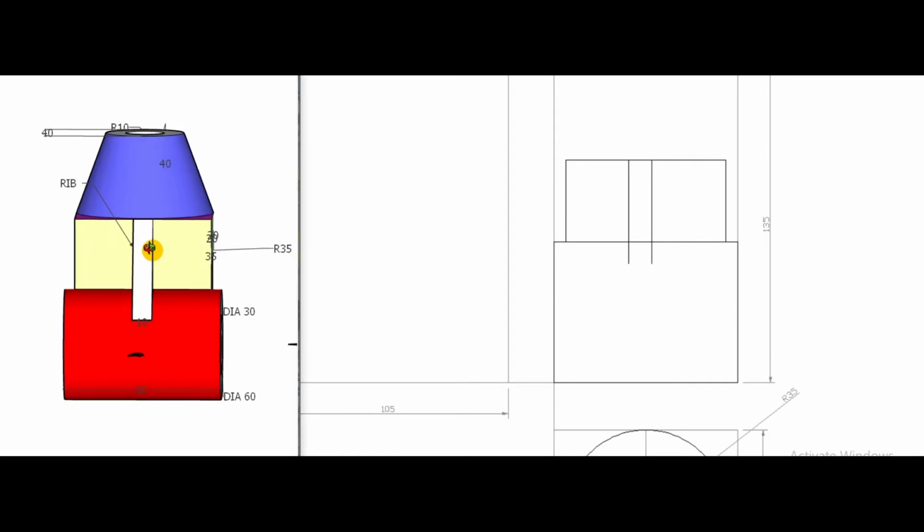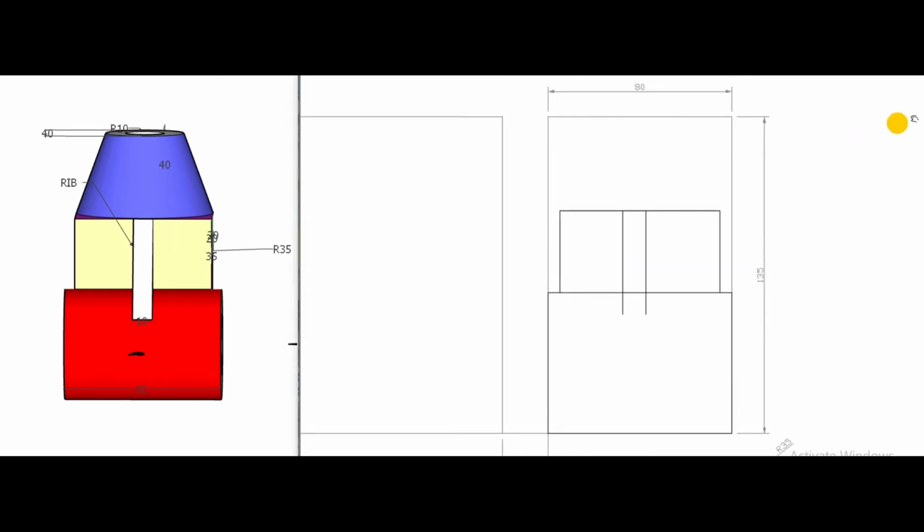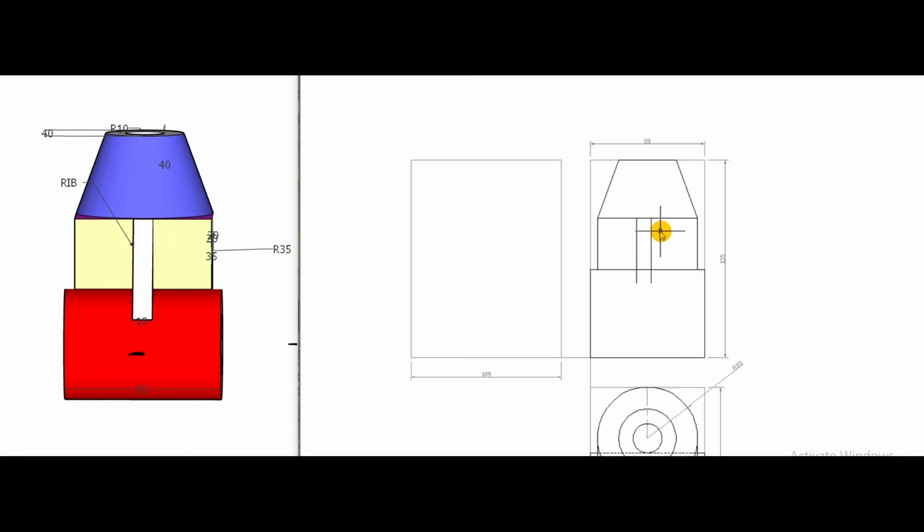Now to draw this one, go 20 mm here, go 20 mm here and draw this. Thus the visible outline is completed.